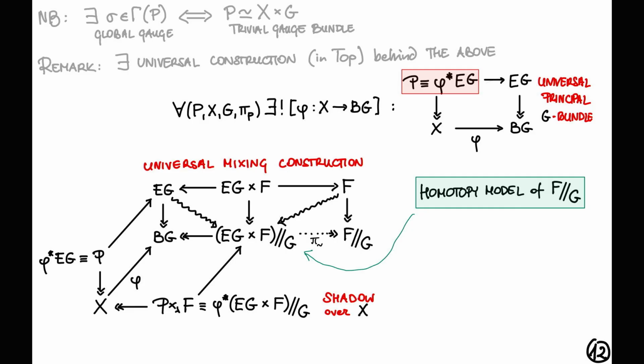So, your concrete, specific associated bundle is now pulled back by the same classifying map of the universal associated bundle. So now if I have a section from X into that associated bundle, if I compose it with phi, by which I pulled back the universal associated bundle, and then the mapping to the orbit space, I get a mapping into the orbit space. But now here's the catch. This guy is a perfect homotopy model of the orbit space, but this one isn't. It's just what category theorists would call the X point